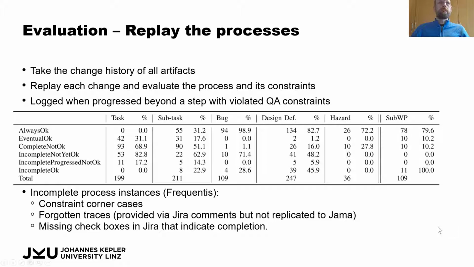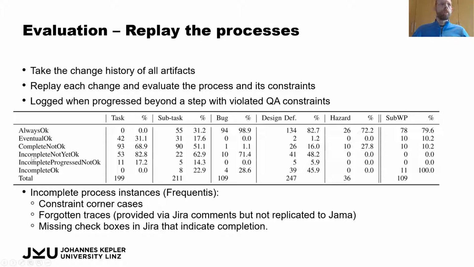What we did then is take the change history of all of these artifacts, replay the changes one by one, and always evaluate the process and constraints after that change. And then we logged whether there was progress to a next step while there were still quality constraints violated from a previous step. So what we looked at were which processes were always okay, which were okay at the end but had violations in between, and which were marked as finished but not complete in terms